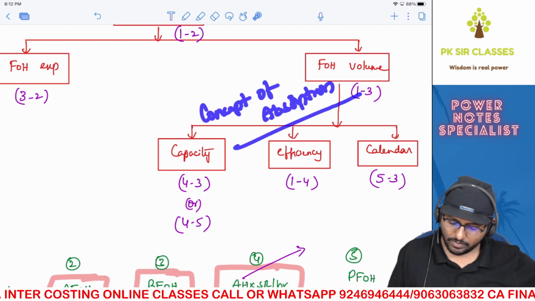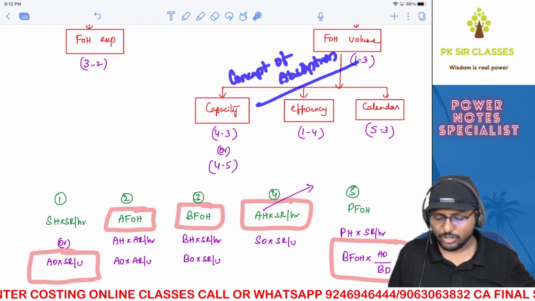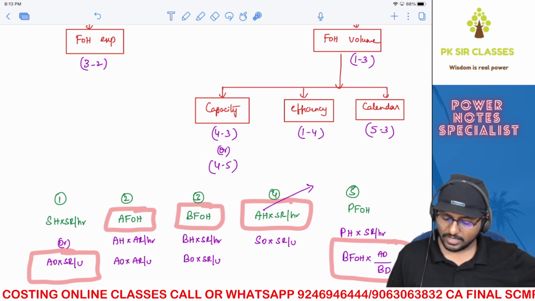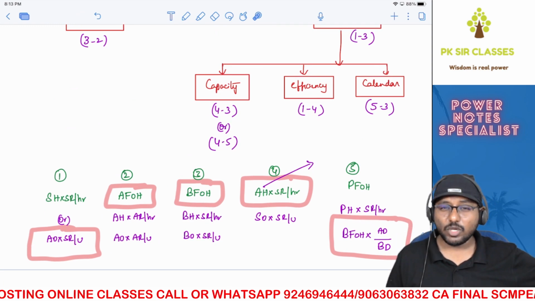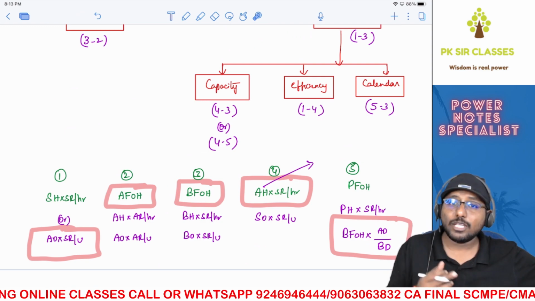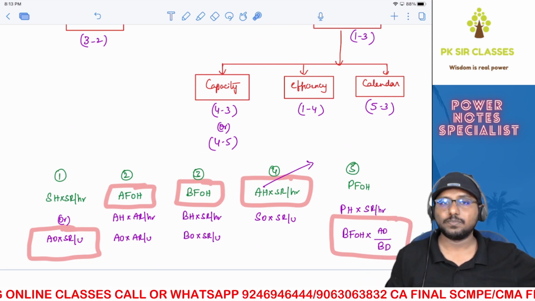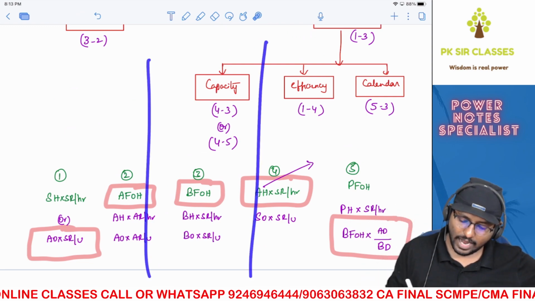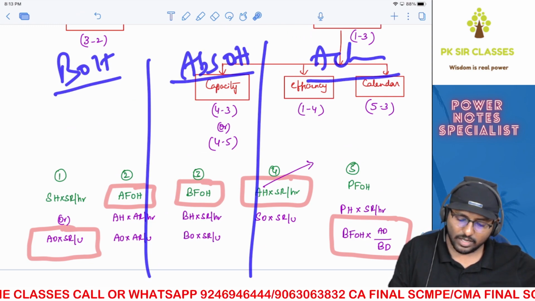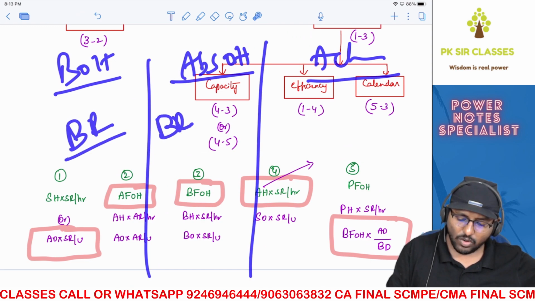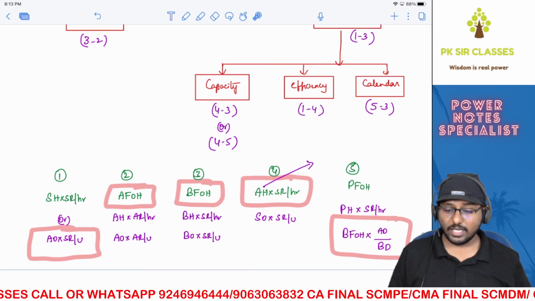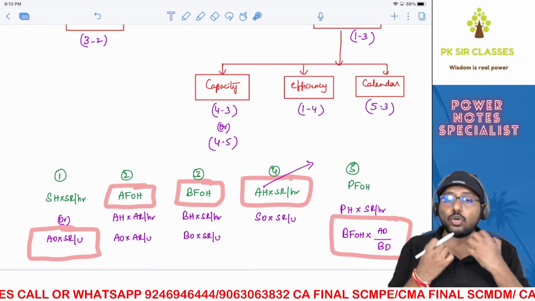Concept of absorption. Sir, what is this concept of absorption, sir? You guys remember we have already discussed the concept of absorption, isn't it? When we discussed it, I told you your actual absorption will happen based on actual output that you produce. In the second column, we had three columns: budgeted overheads, absorbed overheads, and actual overheads. Correct? Once you have got the budgeted rate, then the budgeted rate or standard rate or absorption rate was multiplied with actual output. You remember that? So what do you understand there? More the output, more will be the absorbed fixed overheads.